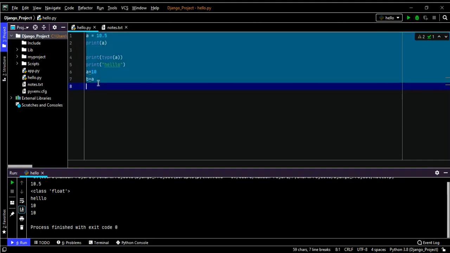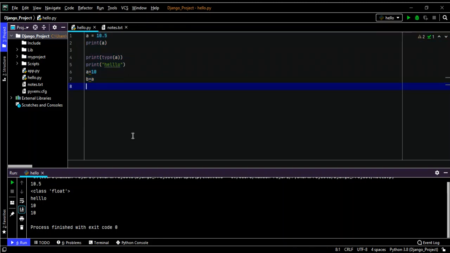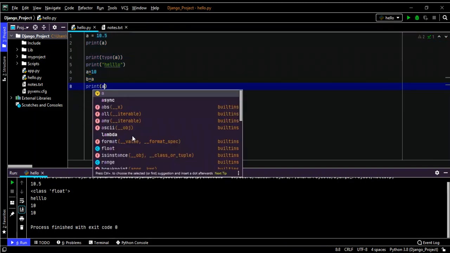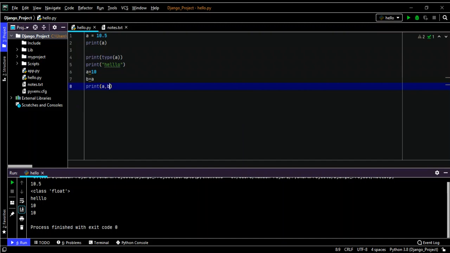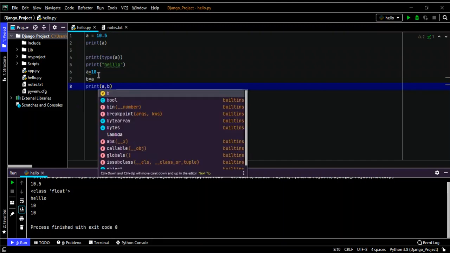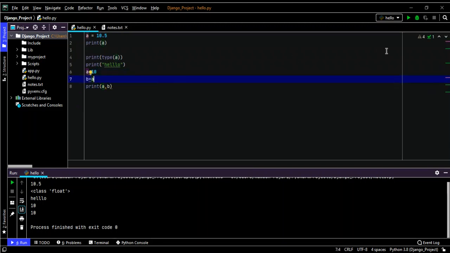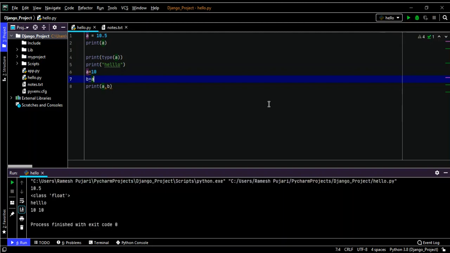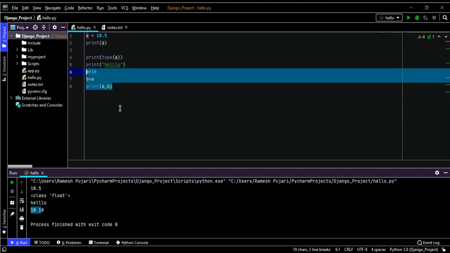It will take the same one as declared earlier. So if I print a and b, it gives 10 and 10 as the output. We can notice here. This is called object reference in Python.